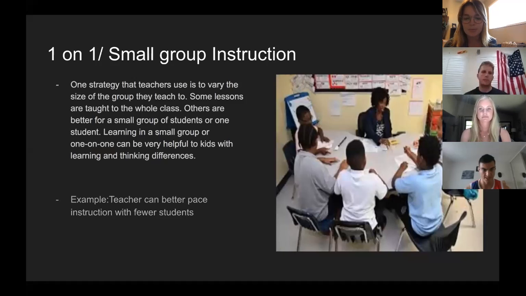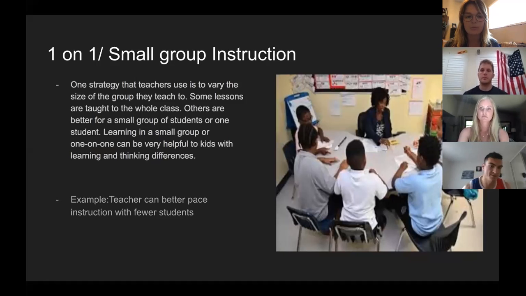Okay, guys, apologies there for the little technical difficulties, but yeah, just wrapping up with one-on-one and small group instruction. Sometimes it's better to vary and lower the amount of students you're teaching to. Perhaps if you have a roster of 30 kids, it's better to break them up into smaller groups where you can provide better instruction and more in-depth instruction. And you could even take that to the next level where you can provide one-on-one instruction if you have the resources availability to do that.